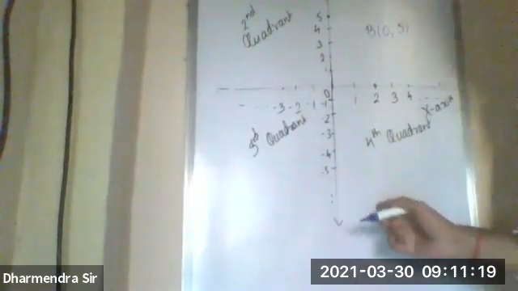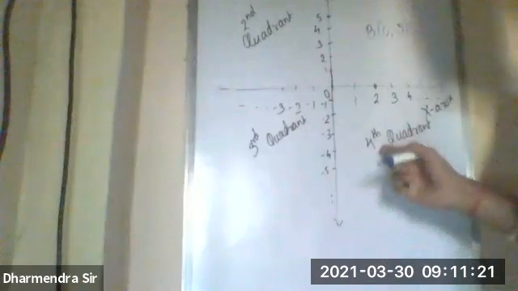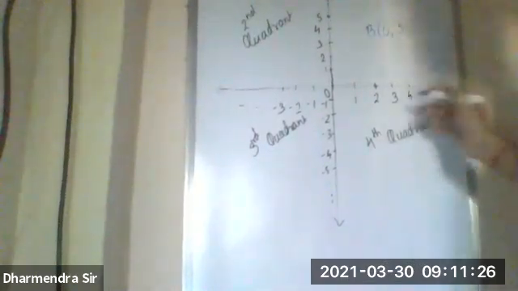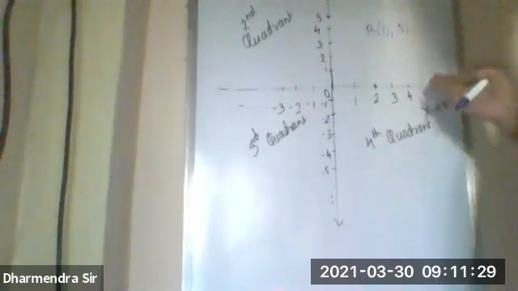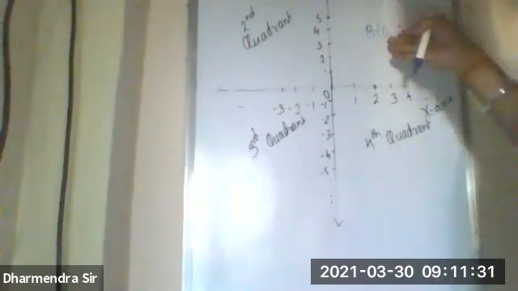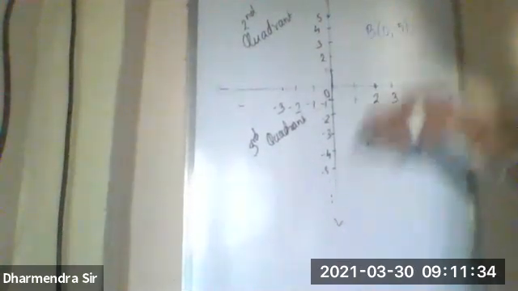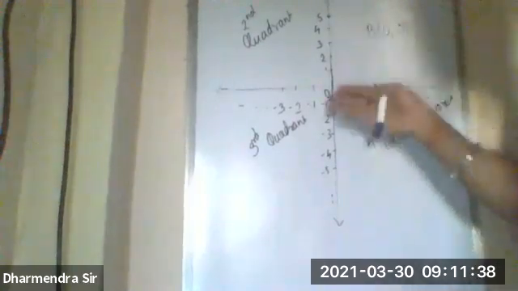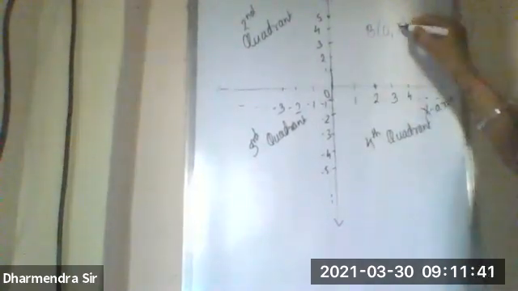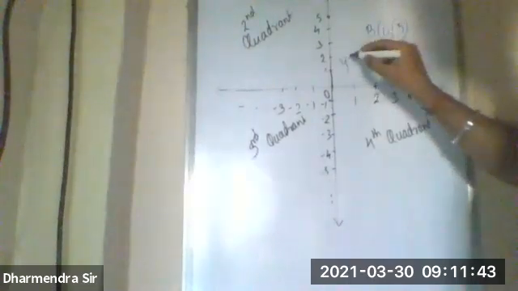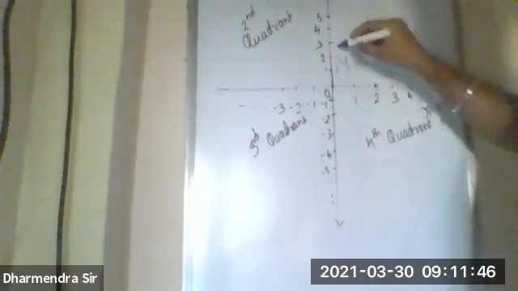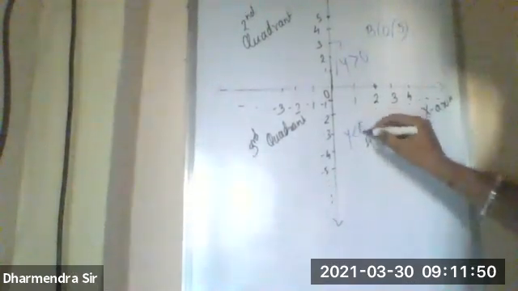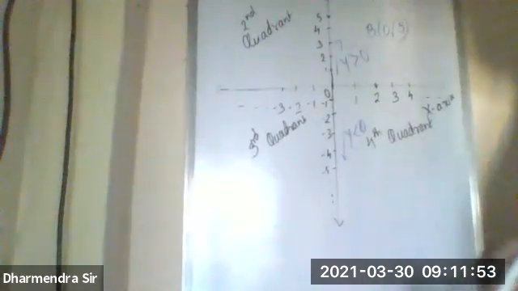Similarly, as we have done for the earlier example, if the y coordinate is 0, it will be lying on the x-axis. Now, its x coordinate is 0, so it is lying on the y-axis. Who decides whether it will lie above the x-axis or below the x-axis? It depends upon its sign. If the value of y is greater than 0, then it will lie above the x-axis, and if the value of y is less than 0, then it will lie below the x-axis.